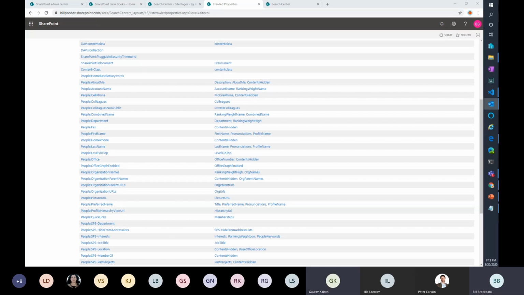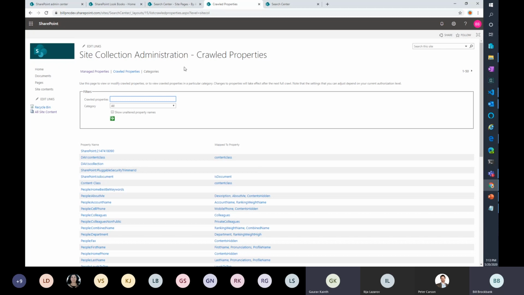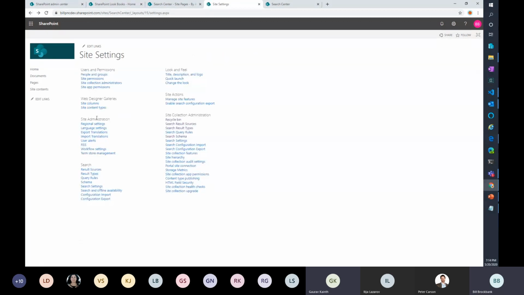Bill, are you at your site collection level? I'm in the site collection. Yeah, so I went to the site collection. It's a modern site, and I can see these settings under site collection and these settings for search under the web. So if you're an administrative user of the site collection, you have these settings.